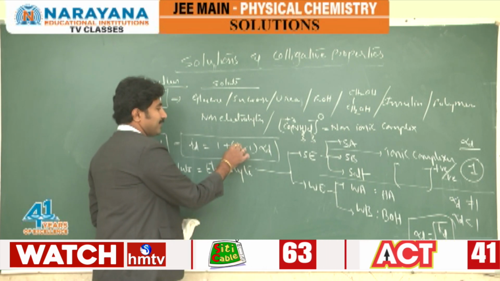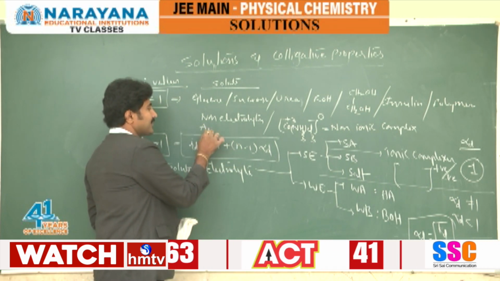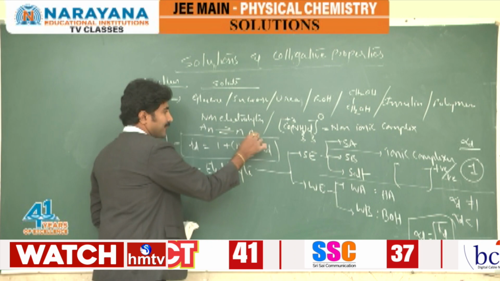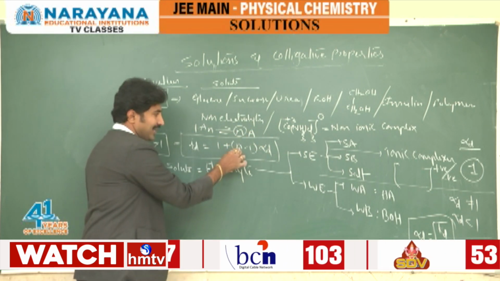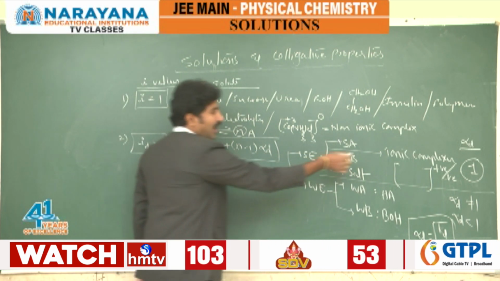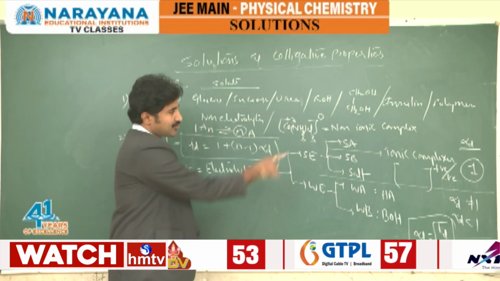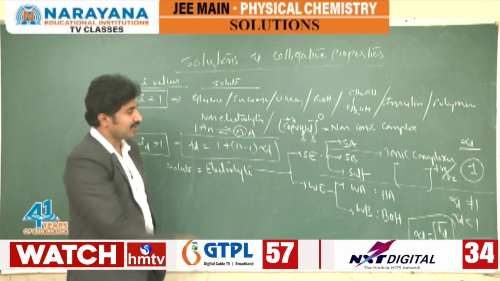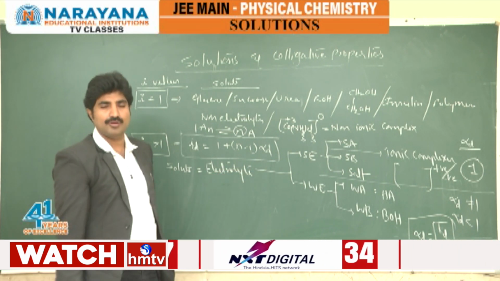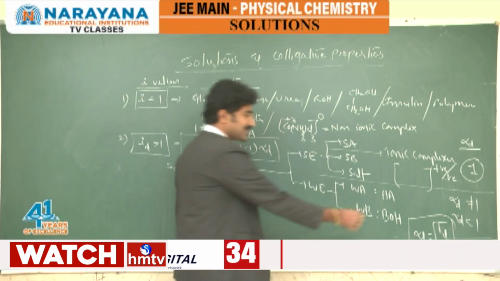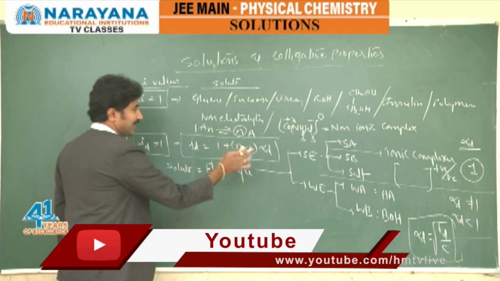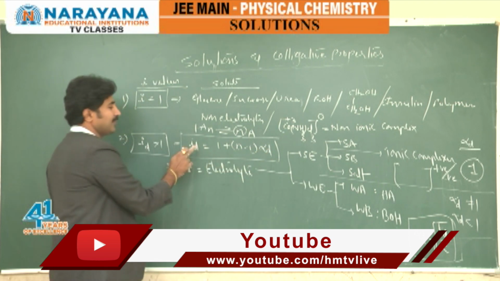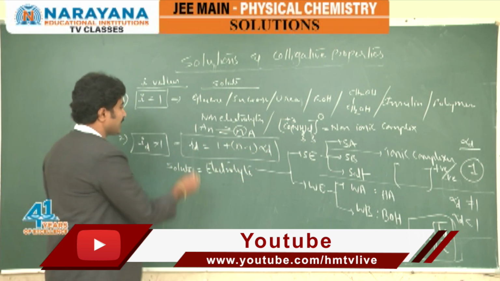Here, what is the n abbreviation? I already gave the n abbreviation: A_n at equilibrium gives nA. One reactant gives how many moles of products? This is n. We know the n value and we know the alpha part. For strong electrolytes, alpha dissociation is equal to 1. For weak electrolytes, alpha is not equal to 1, that is less than 1, which is calculated by using this expression. So based on this data, get the n value and alpha value for a given solute particle,